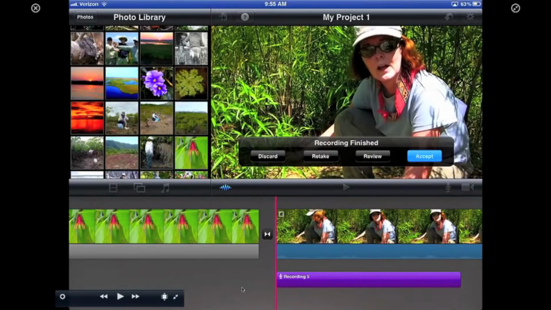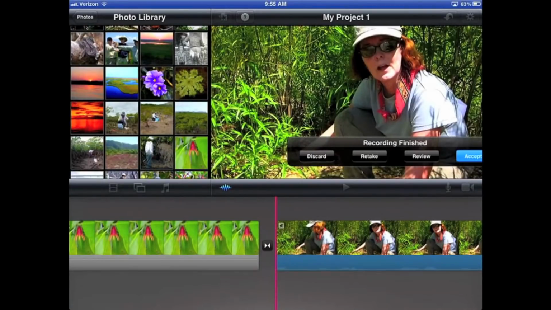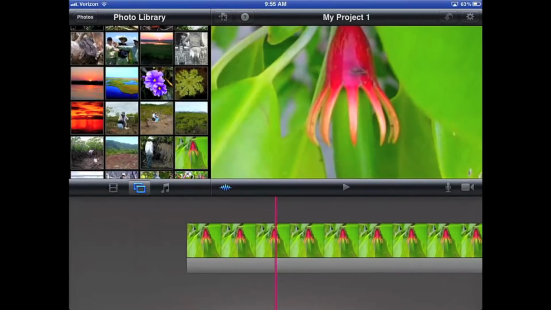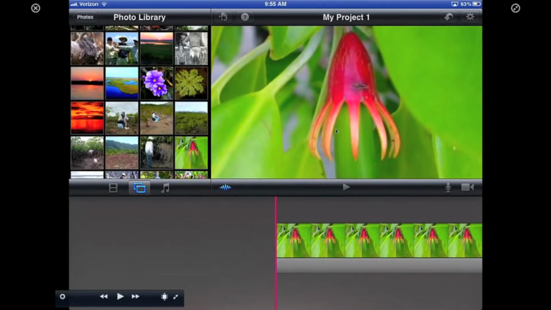So where I wanted to do the recording, let's discard that one. And this is where I wanted to start the recording. So that was a good example of how you want to be aware of where your playhead is. I'm doing about 3 things at the same time right now, operating my iPad and my computer, which is capturing